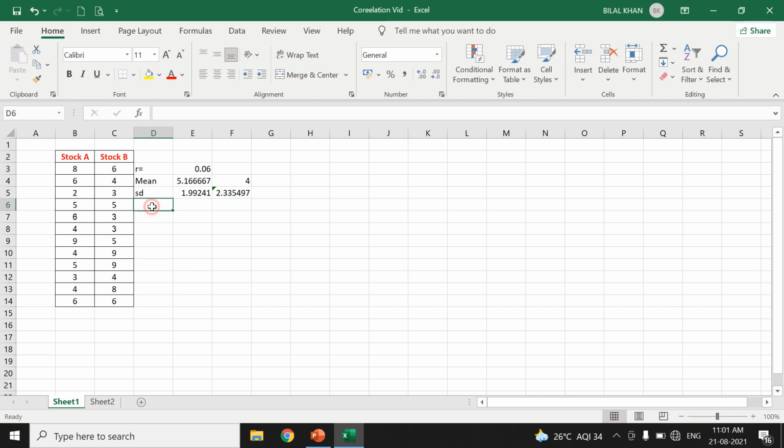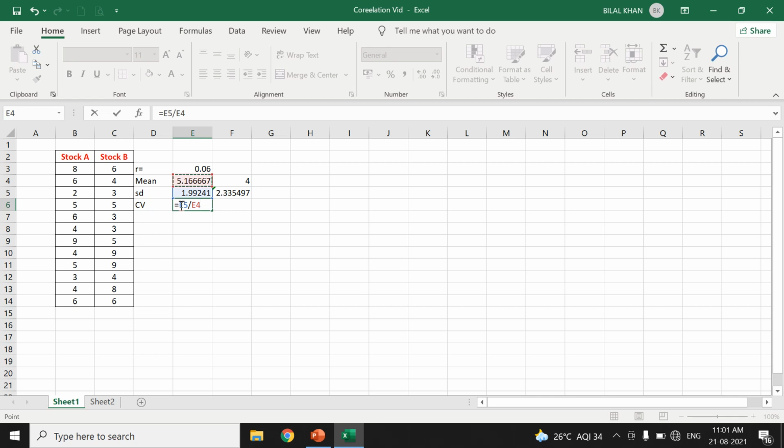Now we want to find the coefficient of variation, CV, for the first stock. What is the formula? It's very simple: standard deviation divided by mean. If you want it in percentage, you can multiply it by 100.